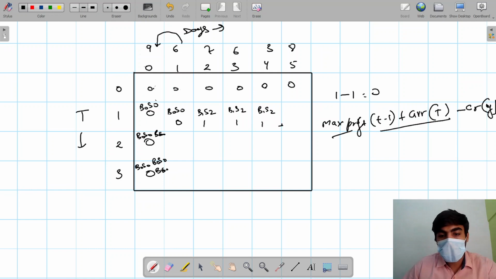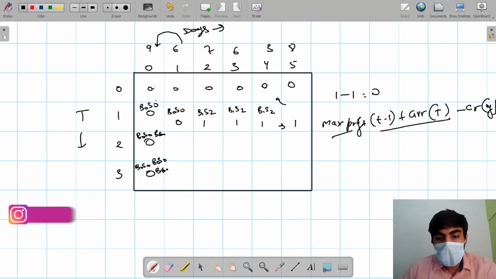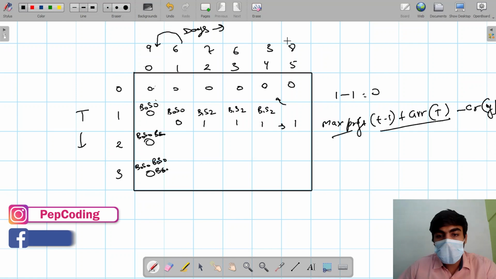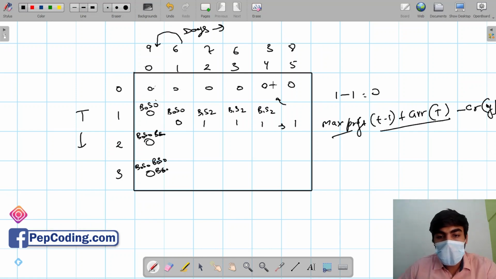Okay, let's move forward. For checking this, what we are doing: firstly we take it as it is, or we check by calculating for the previous one. So by doing this, 8 minus 3, we get 5.